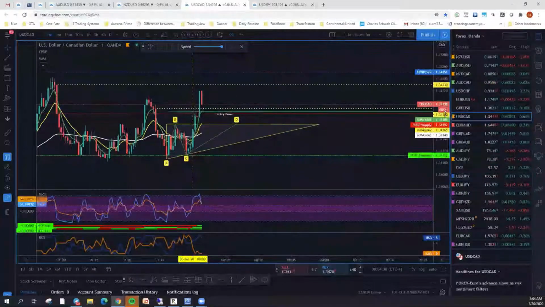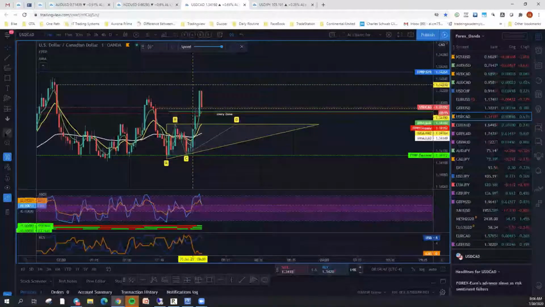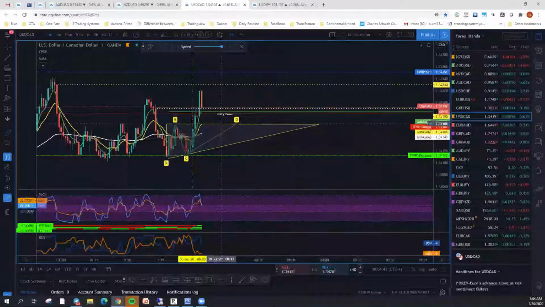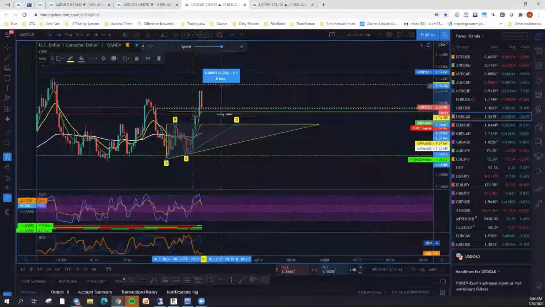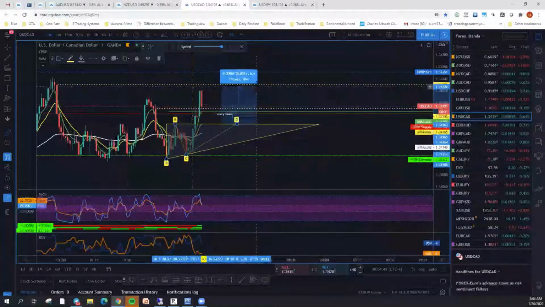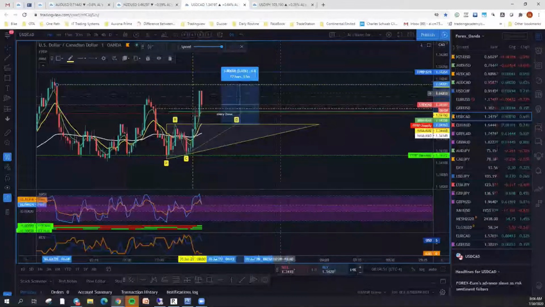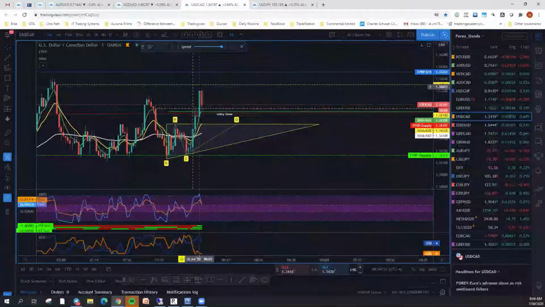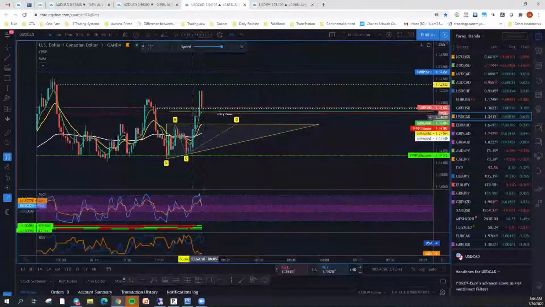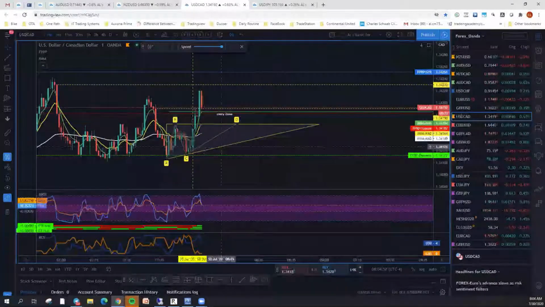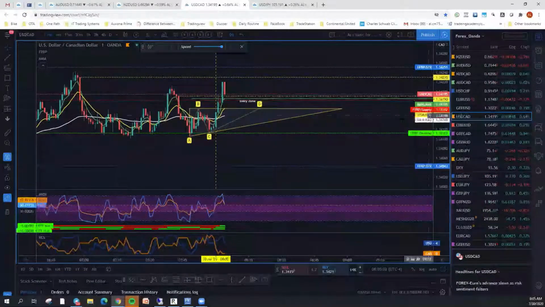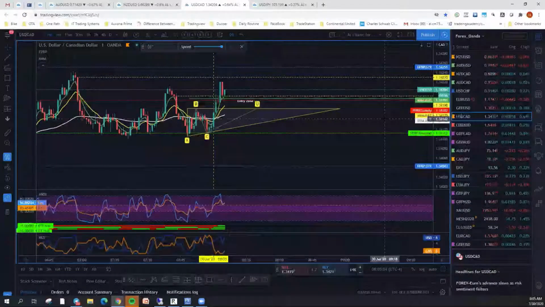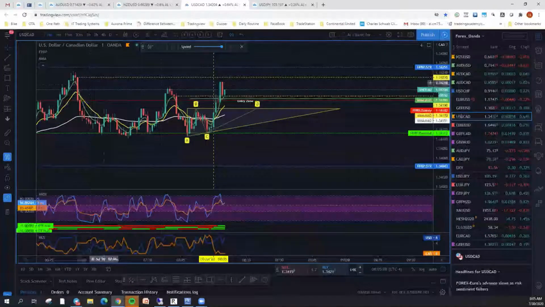So we'll see. And right now it really hasn't, that was a nice little straight up move on that. You still wouldn't have gotten your 7 pips. So this could very well be a head fake. A lot of times what happens is you get the alert, it goes up, it just barely gets 5 or 7 pips, comes back down into the wedge, and then it breaks out the bottom side and goes for a nice run. So do not despair. We still might have an opportunity to do something with this one. But right now I'd be a little bit hesitant to get in, even to go long.